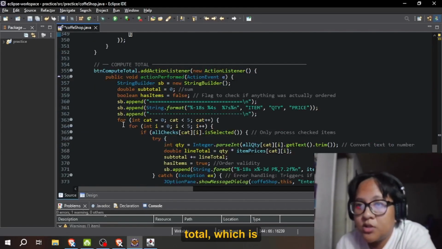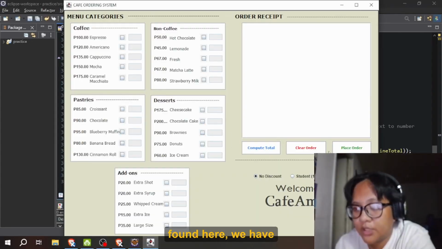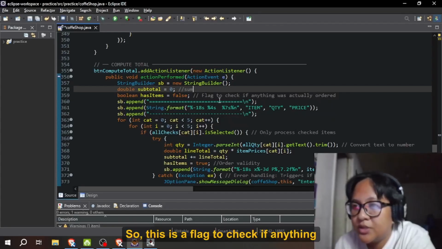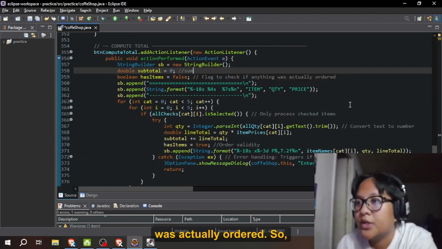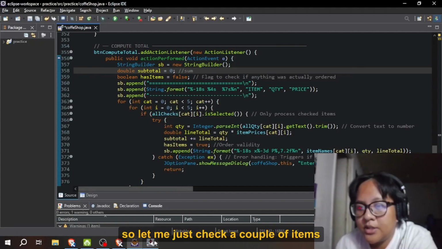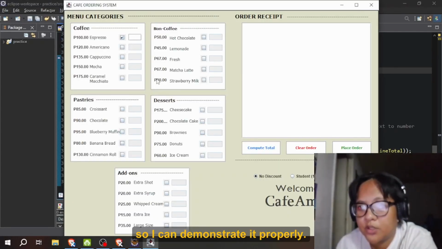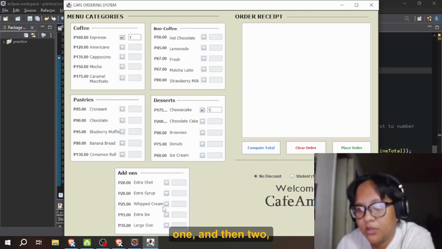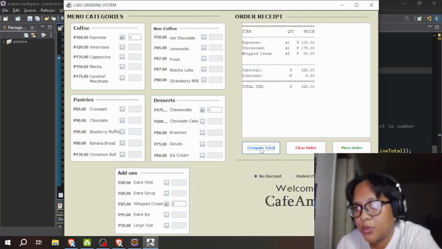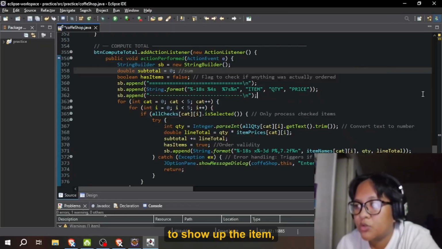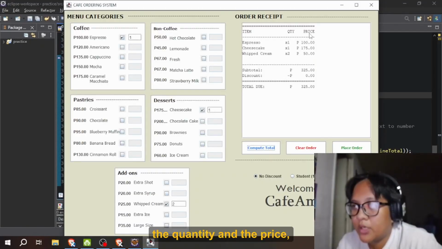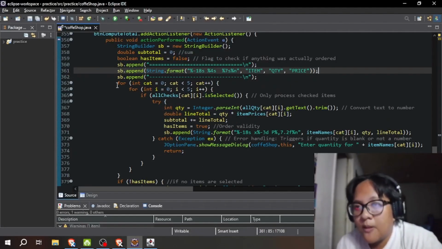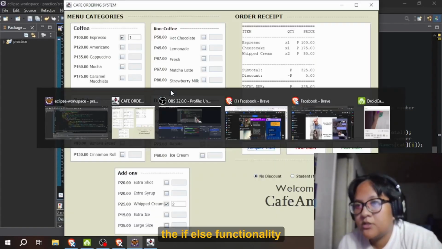Now in the compute total, which is found here, we have declared the total sum, and the boolean hasItems equals false. So this is a flag to check if anything was actually ordered. So we're going to append this. Let me just check a couple of items so I can demonstrate it properly. So 1, then another cheesecake, 1, and then 2 extra whip. So compute total. That's what's going to show up: the item, the quantity, and the price, which is appended at the end of this. So this is the if-else functionality